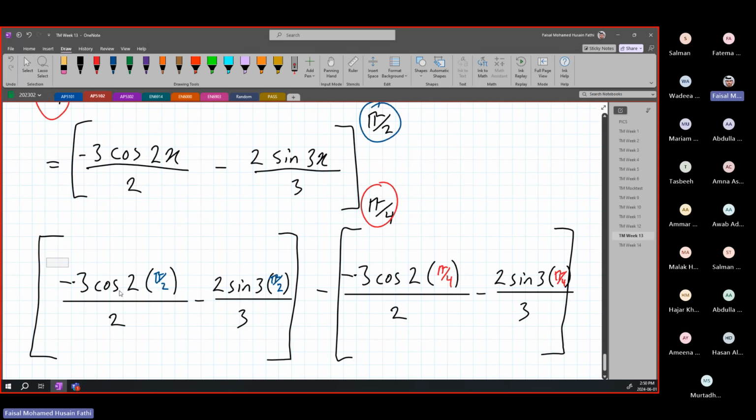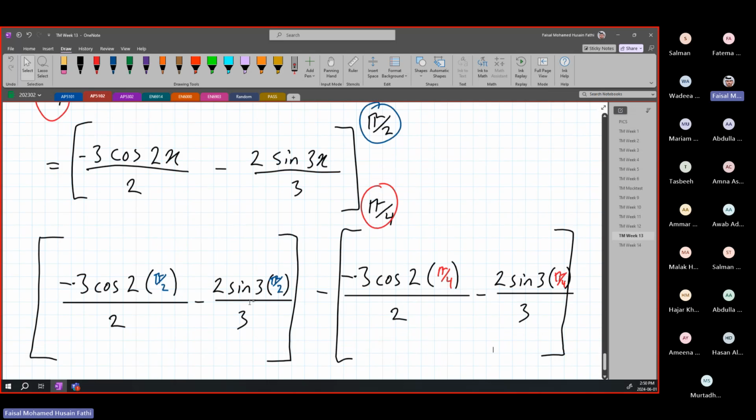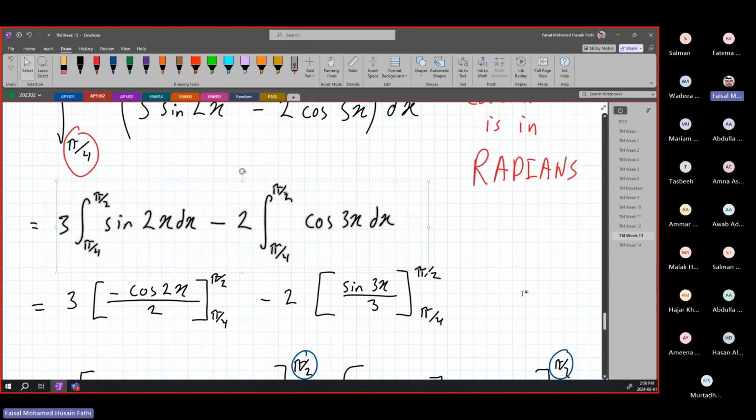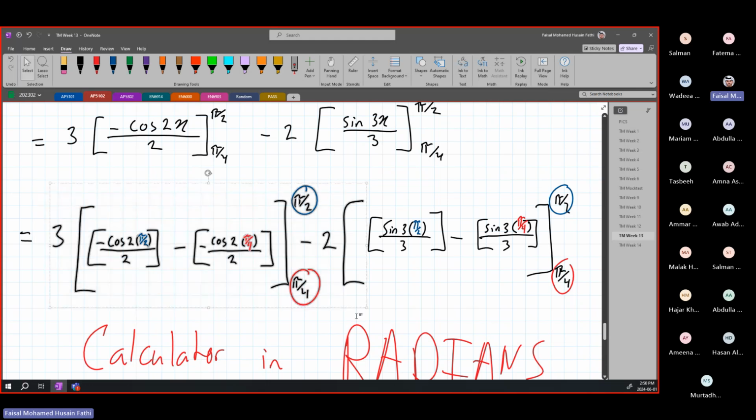But as you can see, you're going to have a lot of different values all in the same place, which makes it a bit messy. Again, this is correct. If you put this also in the calculator, you'll get the exact same answer. All right. So this is a different way if you wanted to do it all in one shot. If you are not comfortable with your integrations, I recommend you separate your integrations and do this for each one by themselves, as long as you understand what you're doing.